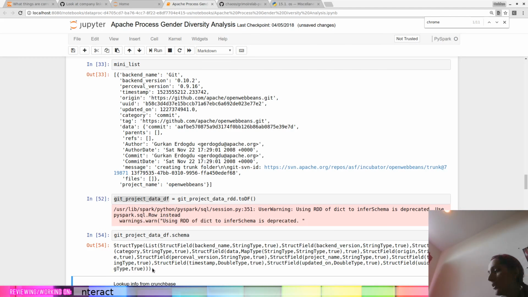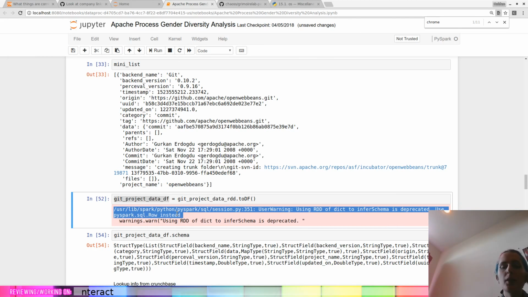I'm actually going to go and grab something really quickly on my phone. But that's annoying. I really like this feature. Oh, use PySQL.row instead. Okay, I mean, that's fine. So let's go ahead and do that.